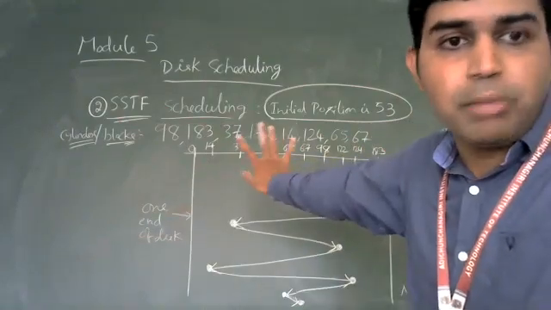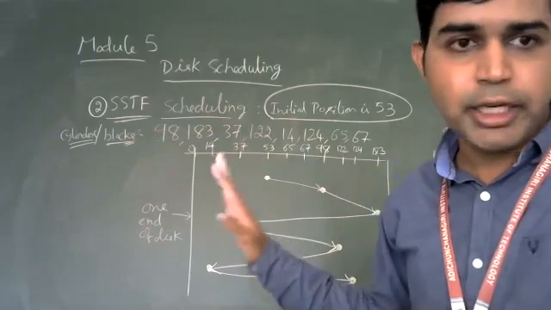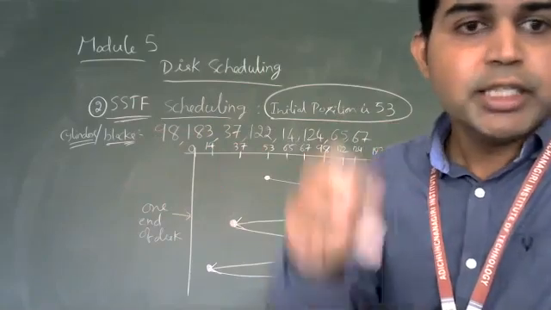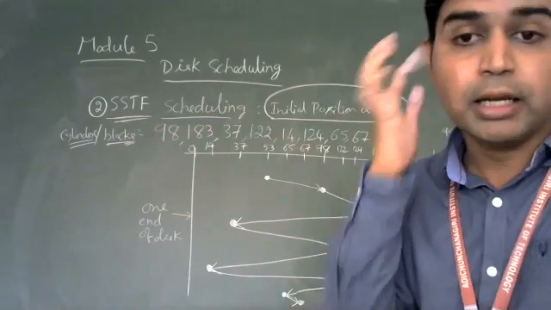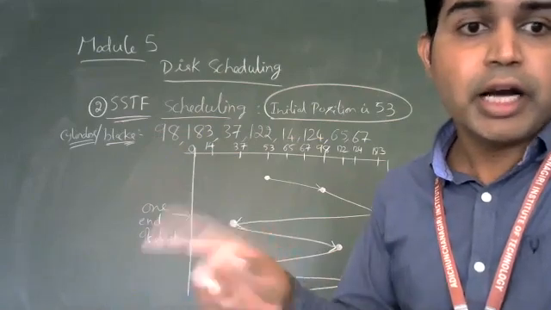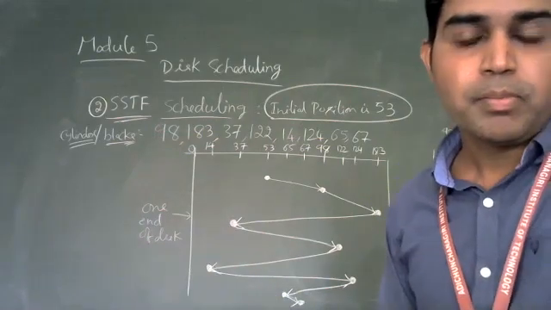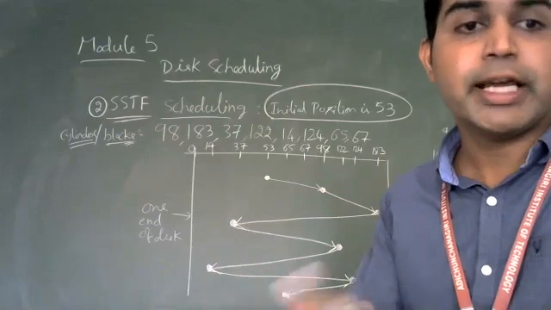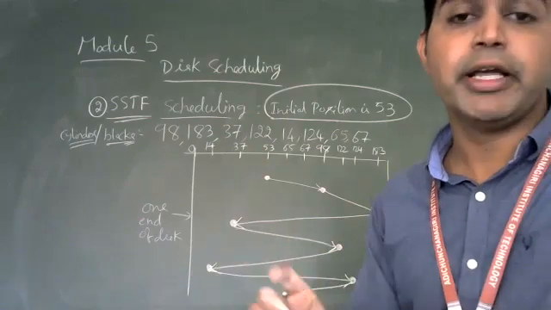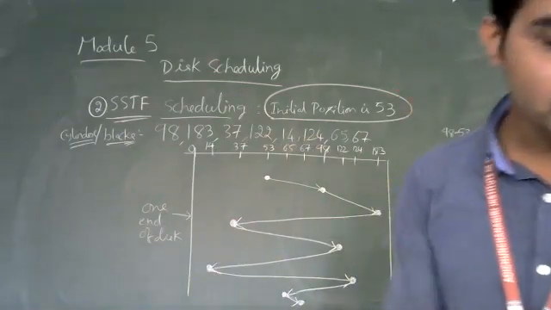So these are all the cylinder numbers they have given, from 98 to 67. Okay, current position is given as 53. Now you have to find out from cylinder number 53 which is the shortest. Find out and tell. Whether 98 is the shortest or whether 37 is the shortest, or nearest to 53. Do 98 minus 53, and 53 minus 37, and see which one comes out smaller. That cylinder we have to move to. Please quickly solve and tell.